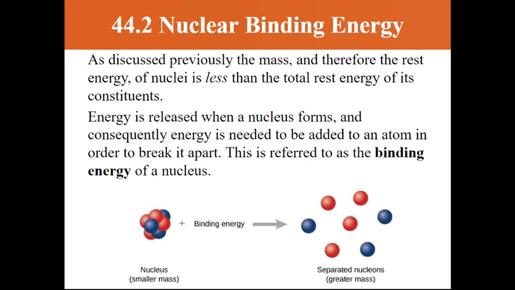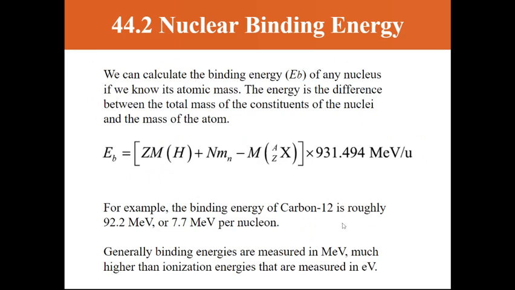When a nucleus forms, energy is released, and therefore, to separate an atom into its components, you need to add energy. This is what's called the binding energy, and it's different for each element and each isotope. To calculate the binding energy, you just need to know the atomic mass of the nucleus, and then calculate how much the atomic number of protons plus the number of neutrons weigh, minus the atomic mass of the element in question,